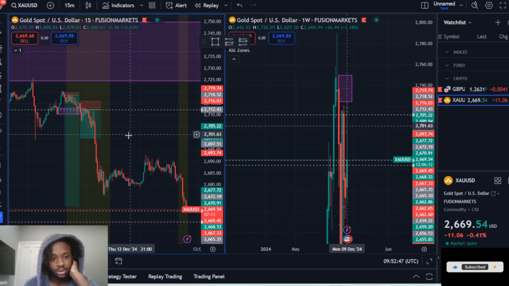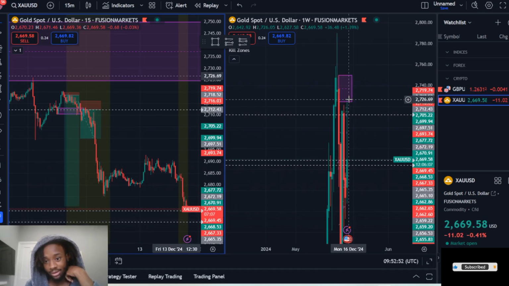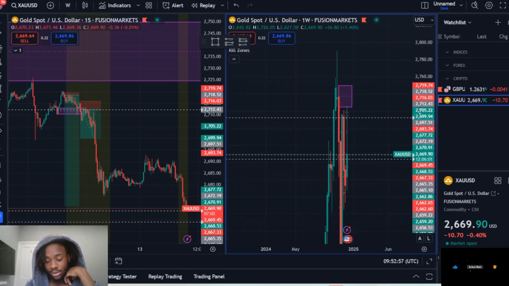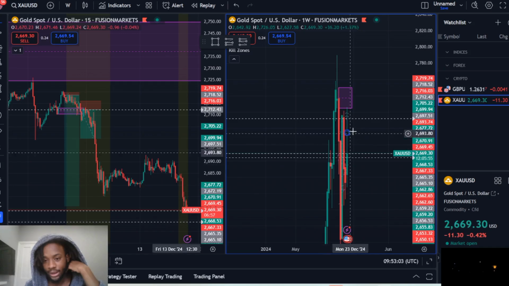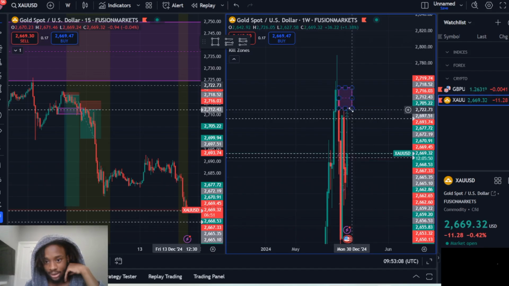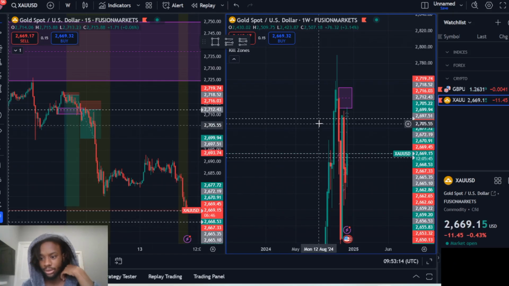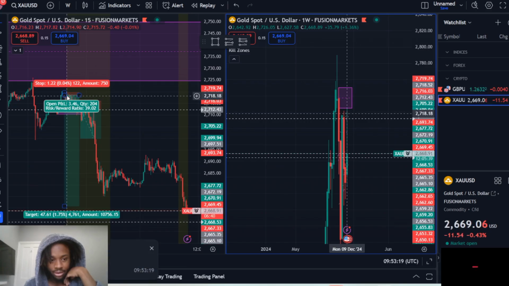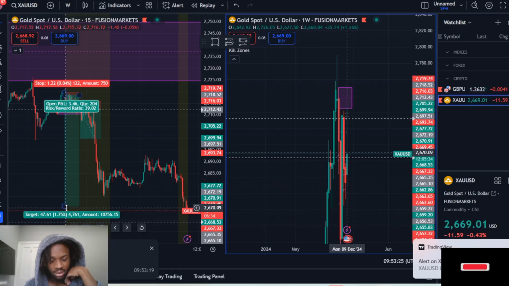If you guys trail stop loss, let me know how that works for you, and I might start backtesting it to see how it works for me. But like I said, look at the crazy rejection we've got from this supply zone on the weekly. This is what I'm going to start doing: looking at the bigger time frames, seeing the bigger picture before getting into trades, because if I can see the bigger picture and time the move before it happens, I can start getting higher RR trades. Of course, I still go for 1 to 1s and 1 to 2s sometimes, but like I said, if I stayed in from this entry yesterday, this trade would have been something crazy, man.